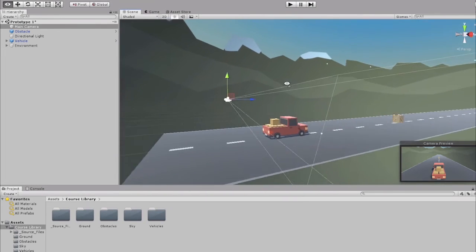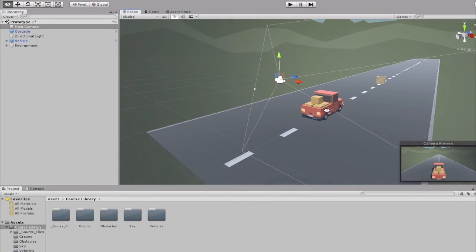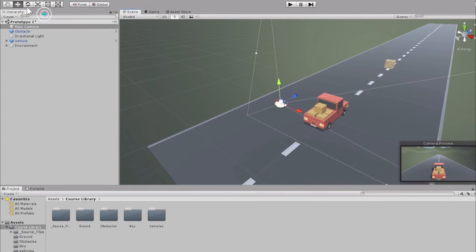Let's see if I can get that X back. There you go. Cool. Now you can see all the different arrows. The tool next to that is our rotate tool, which we use to rotate our camera down towards the player. The tool next to that is our scale tool, which in this case wouldn't really do anything because we're on a camera. But if we were to select our obstacle or our vehicle, we could make our vehicle larger if we wanted to. The tool next to that